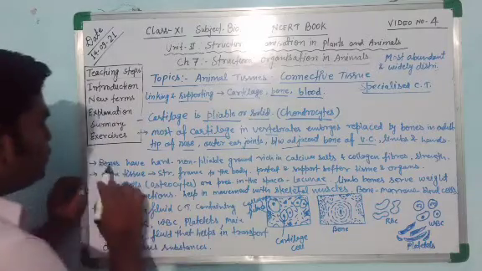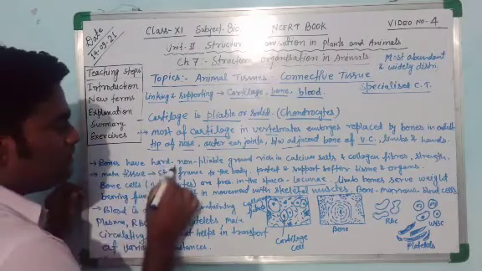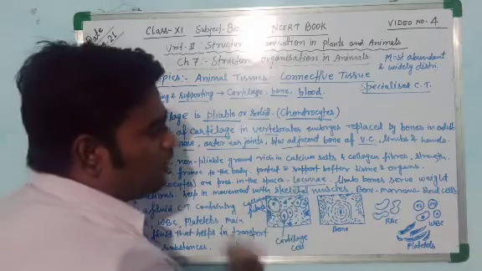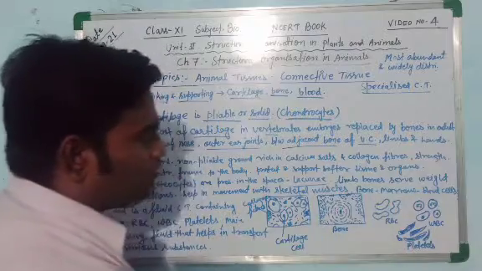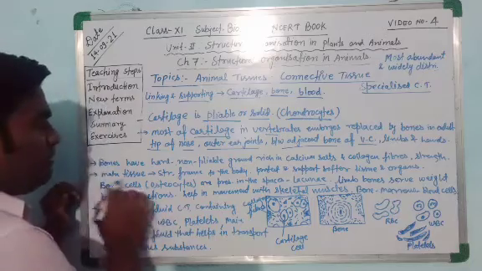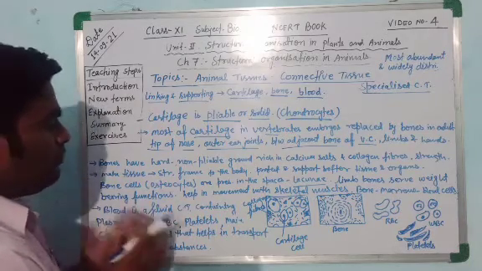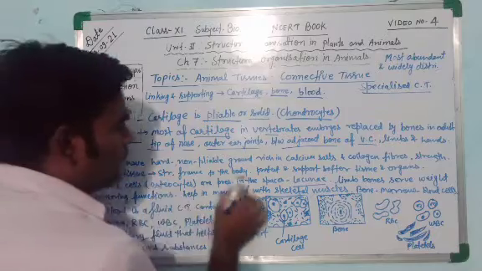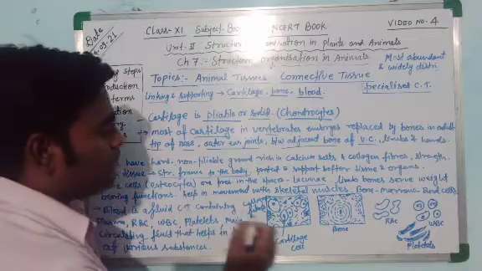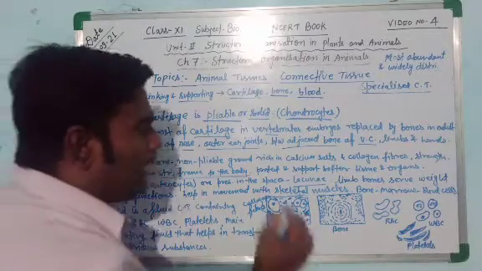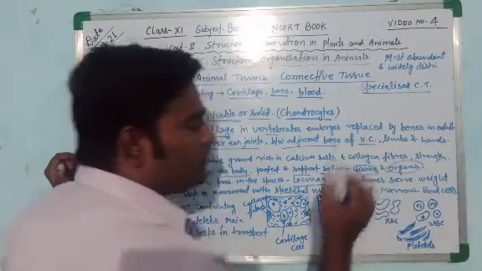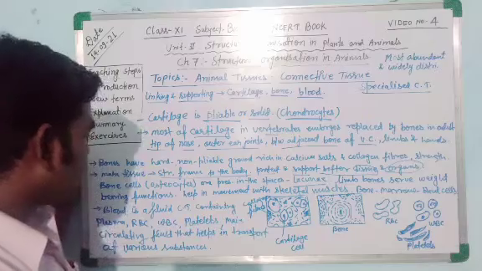This is the structure of cartilaginous specialized connective tissue. The second one is bones. Bones have a hard and non-pliable ground substance rich in calcium salt and collagen fiber, which provides them strength. It is the main tissue which forms the structural frame of the body, and it protects and supports the softer tissues and softer organs of the body.